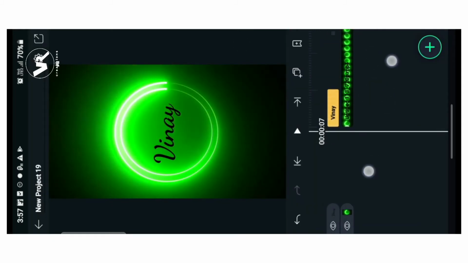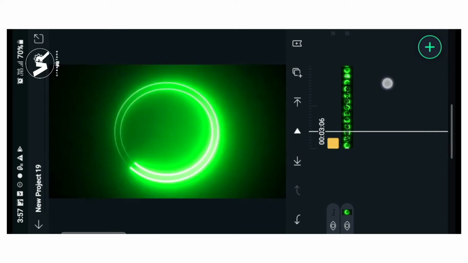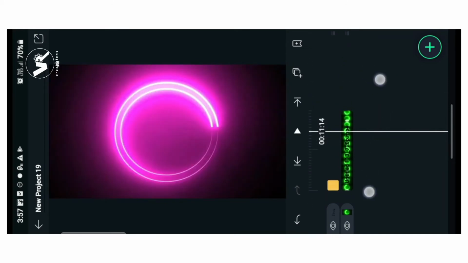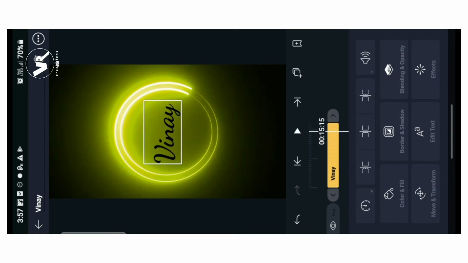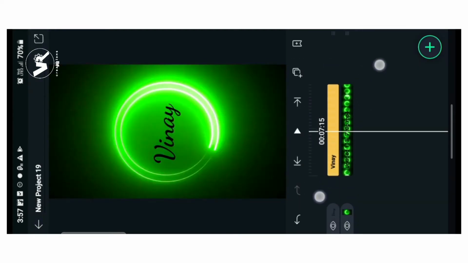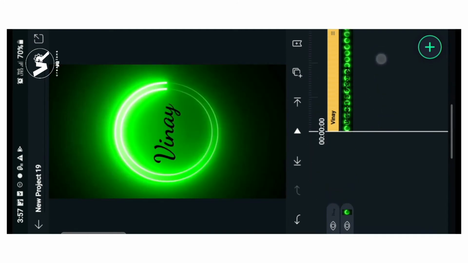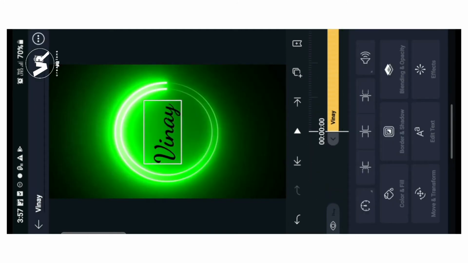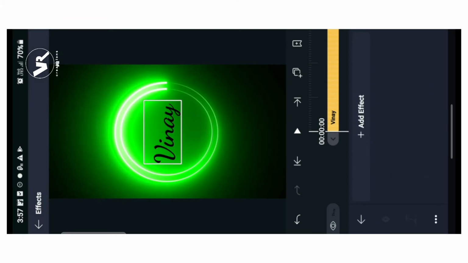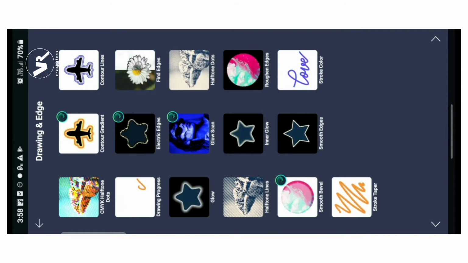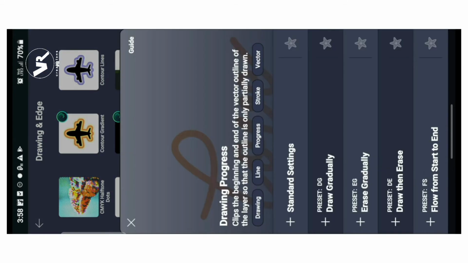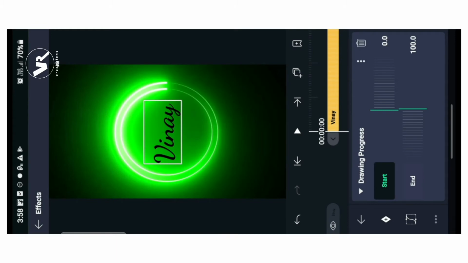Now I am going to expand the text until the last of the video. Yes, and that's it. Now we should add that effect for this text. So I am going to add the effect. Click on the effect plus, add effect, select the drawing and edge, this one, drawing progress, select that, set the standard settings, make sure that you are again at the starting point of the video, and now click on this